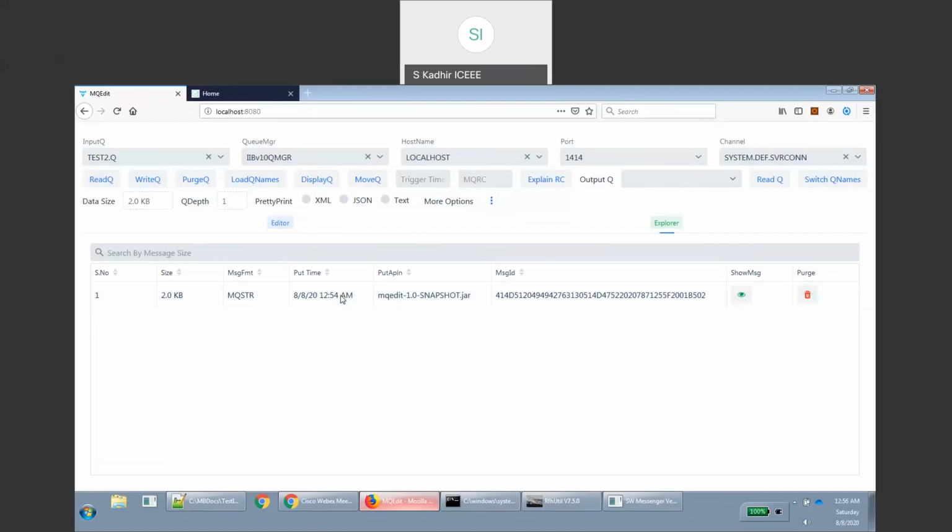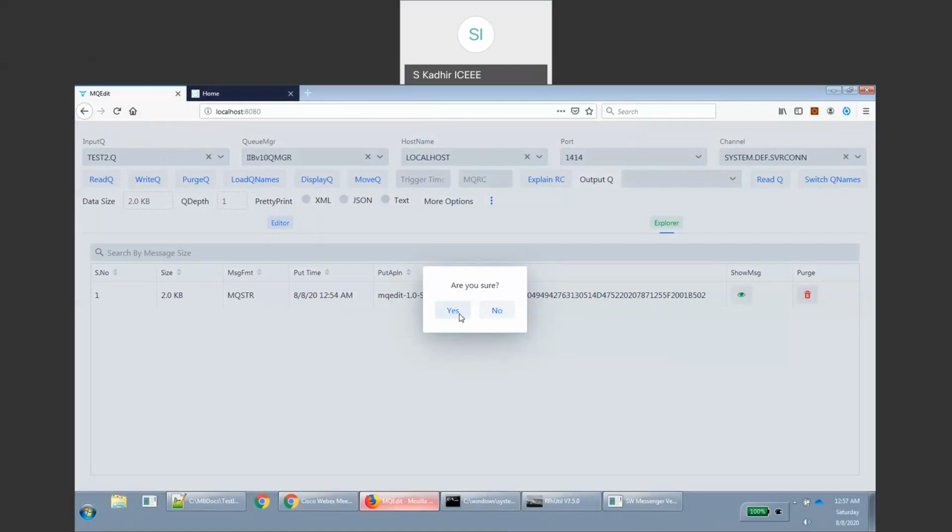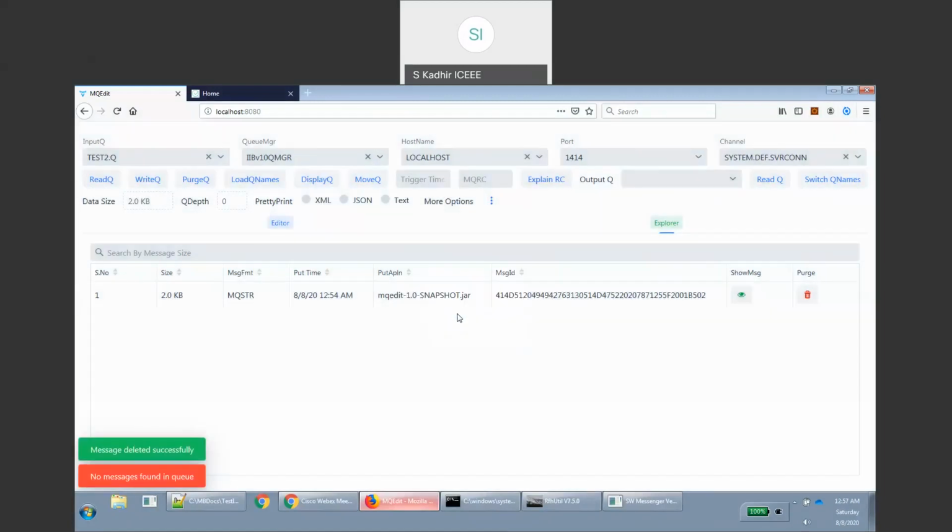If there are multiple messages sitting in the queue and you want to delete a specific message, that is also possible. All you have to do is just select this button. If you select this button, it will ask you, hey, do you want to delete? Yes. If it's yes, then it will tell you that yes, message deleted successfully, no messages found in the queue. Just click display queue, you see no messages found in the queue, right? So